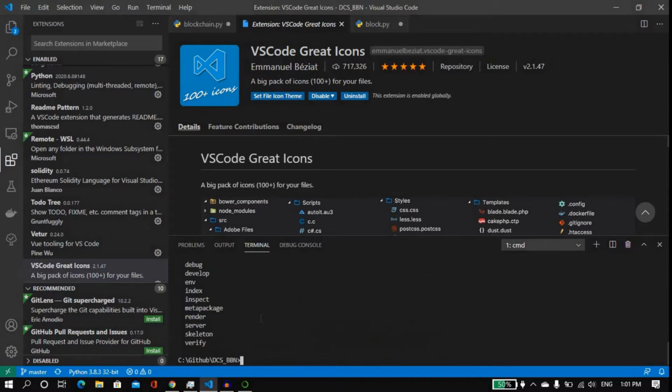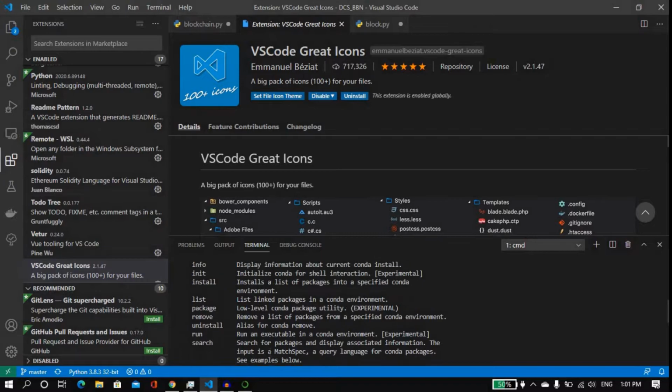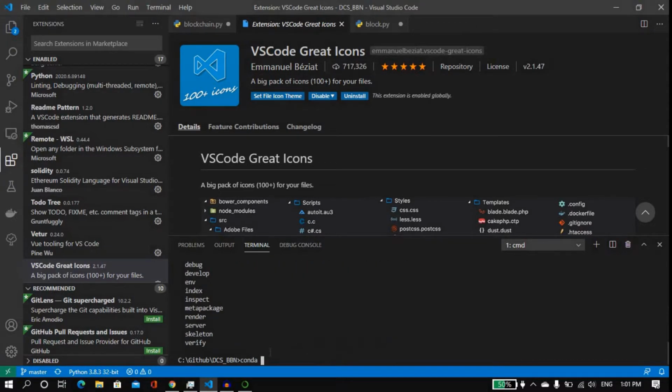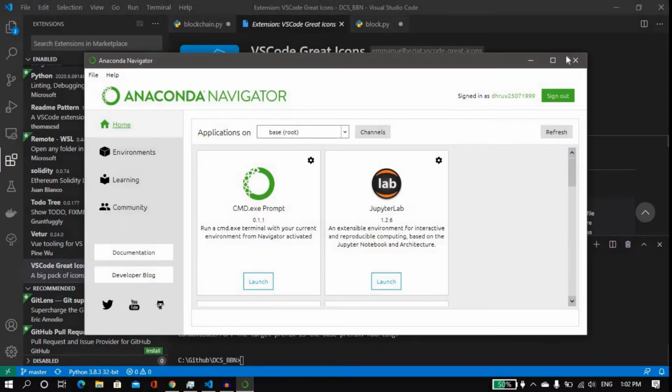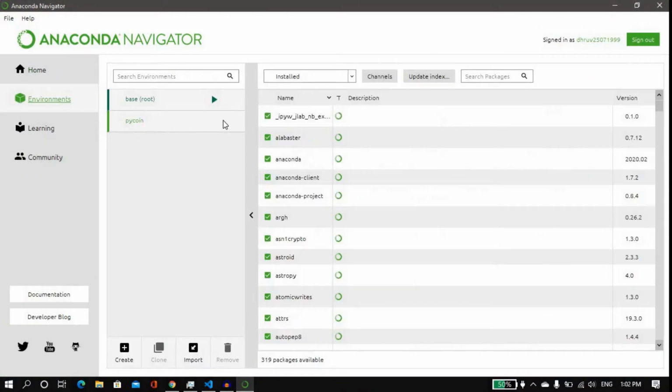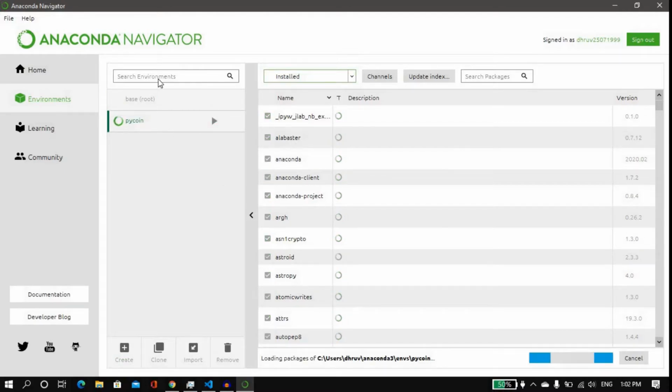The keyword is conda. You can create a new environment with conda create, and then install the packages. But I'd suggest going with the graphical version. I already have it, so I'll delete it first of all.